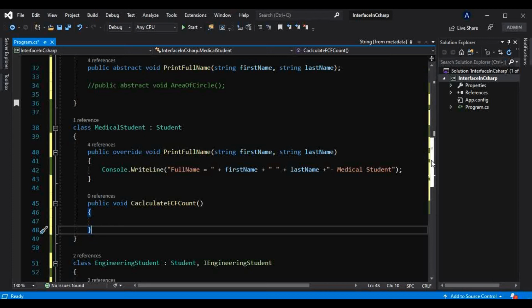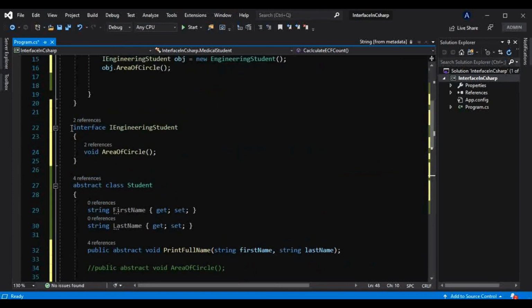So that is why we can introduce one interface, that is a new interface, something like this.